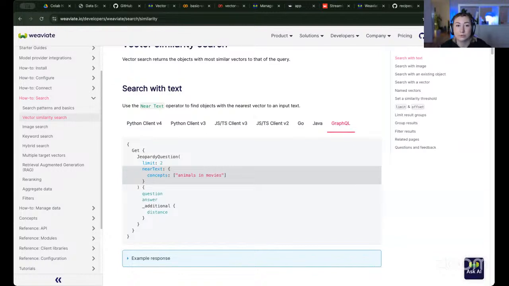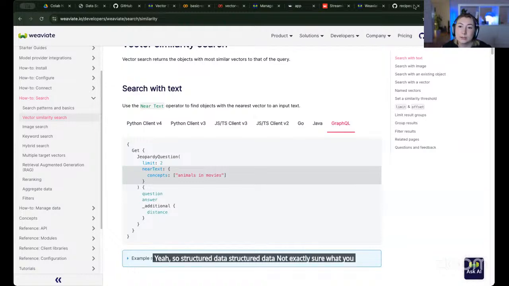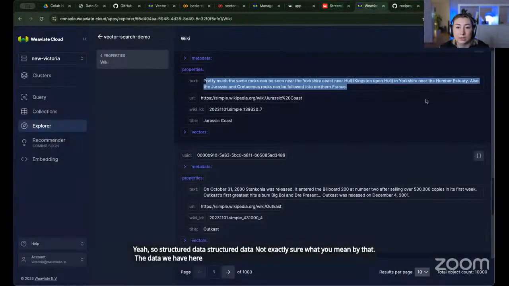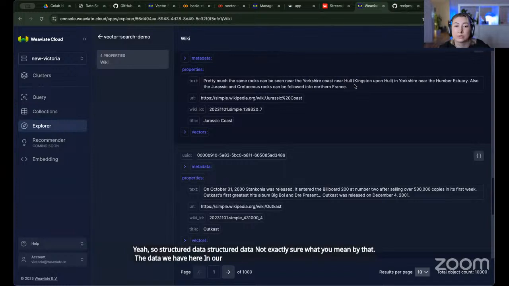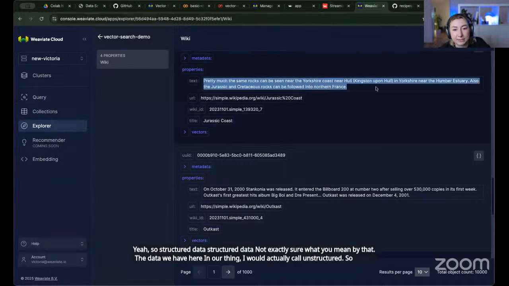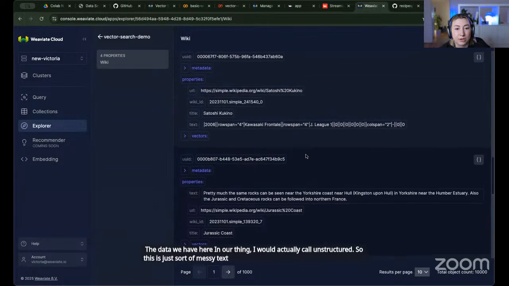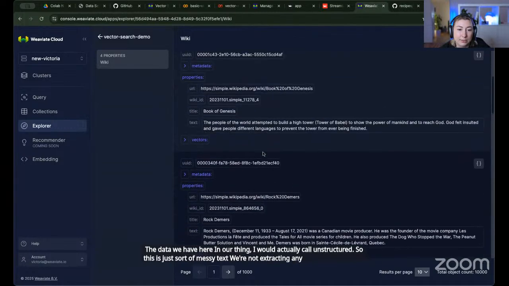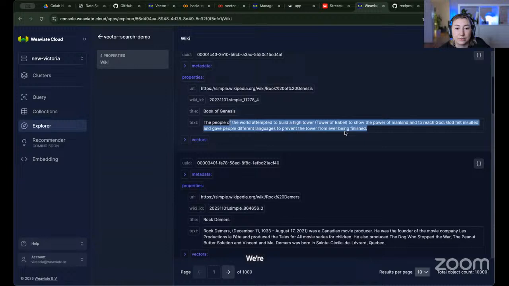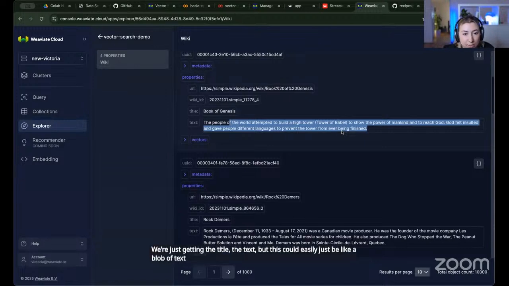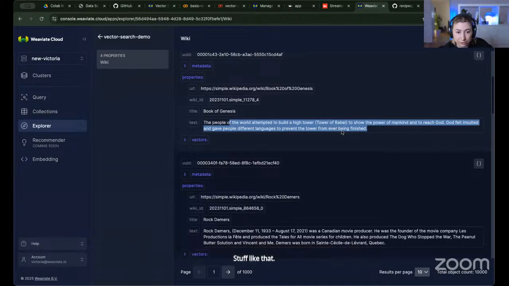Yeah, so structured data, not exactly sure what you mean by that. The data we have here in our thing, I would actually call unstructured. So this is just sort of messy text, right? We're not extracting any sort of properties out of that. We're just getting the title, the text, but this could easily just be like a blob of text that has been chunked, stuff like that. As far as extracting features from unstructured data, we'll talk about that more next week when we talk about agents,